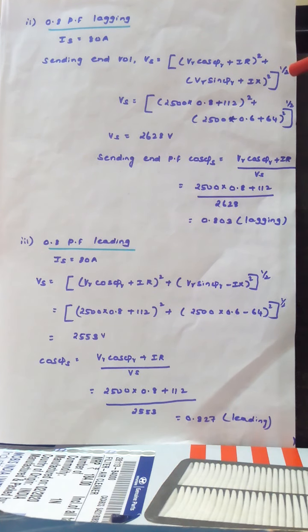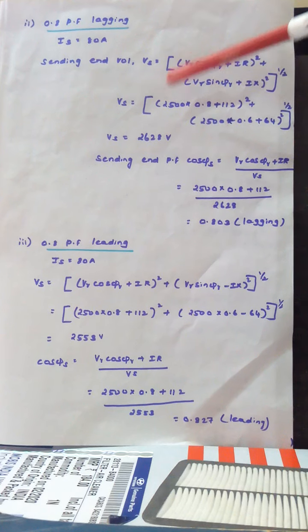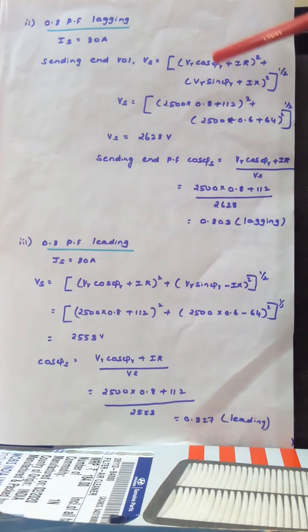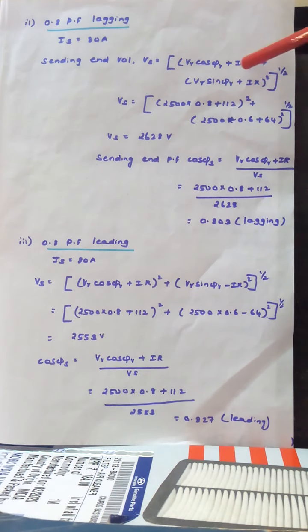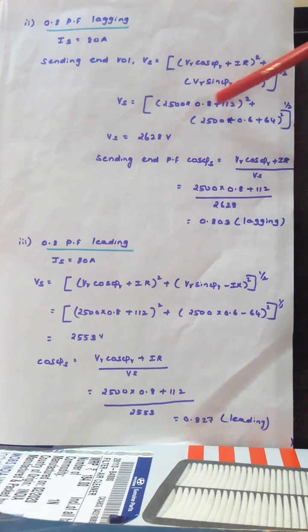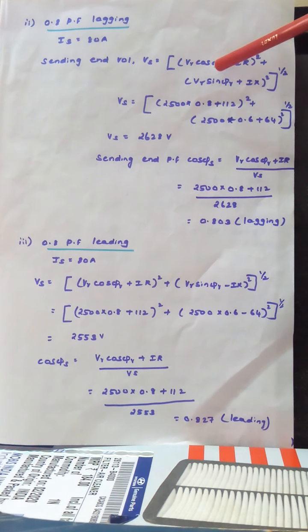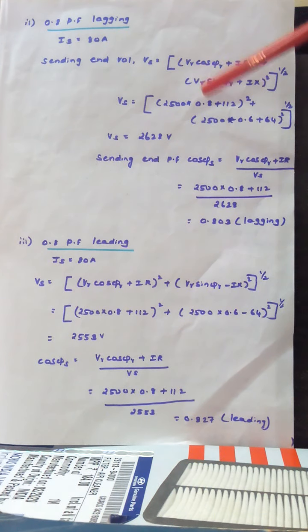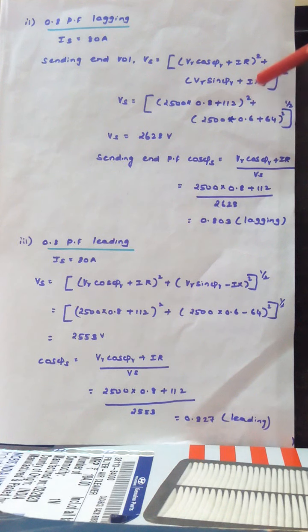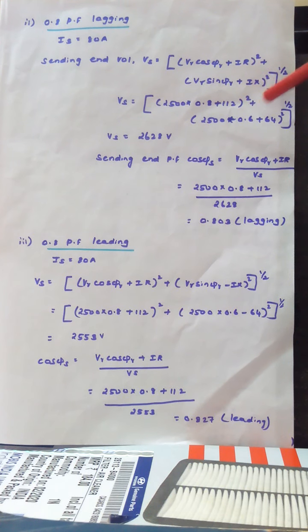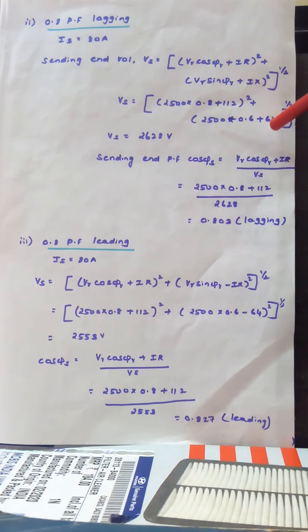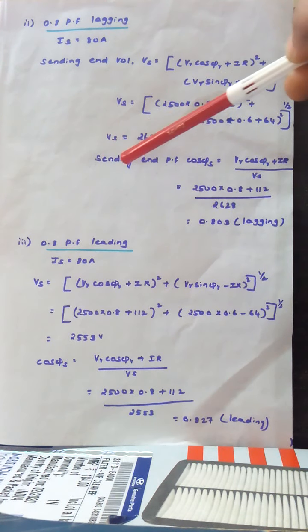If you substitute, Vr is 2500 and cos phi r is given as 0.8, and the IR drop we found out is 112, and Vr is again 2500, and sin phi r we have to find out. From cos phi r, phi r equals cos inverse of 0.8. So sin phi r we are getting as 0.6. Ix drop, Ix being the inductive reactance drop, is 64 as we got. So we are getting Vs equal to